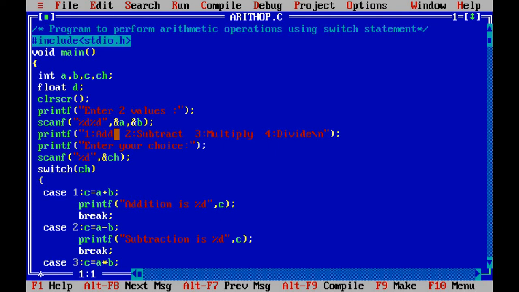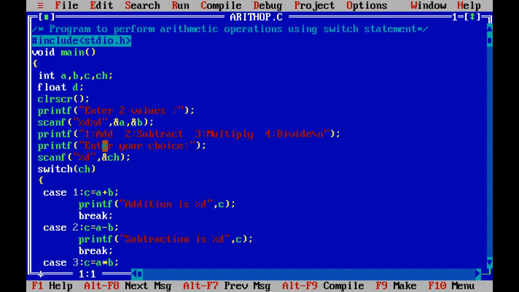Once the values are accepted from the user, the program will ask the user to enter the choice, and before that the program displays the different options which are available. That is, the user must enter 1 for addition, 2 for subtraction, 3 for multiplication, and 4 for division. After displaying this menu, it prompts the message "enter your choice".